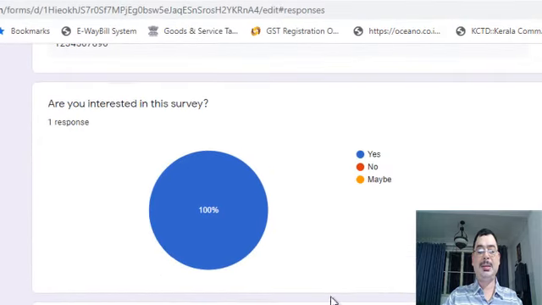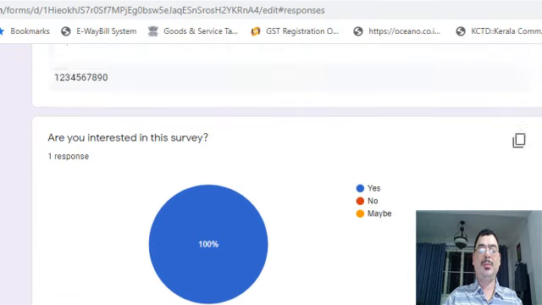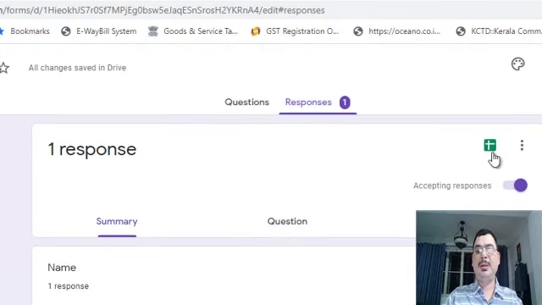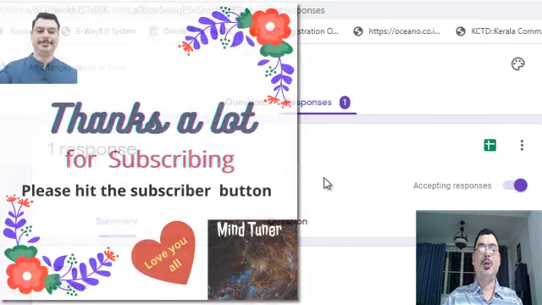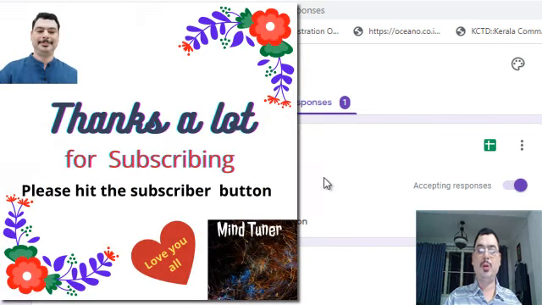This data can be summarized, exported into Excel, whichever way you want. You can use this data, and this data can be stored as and when you want to use it also.